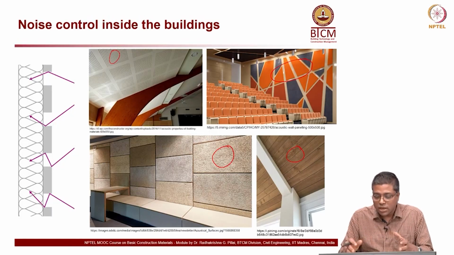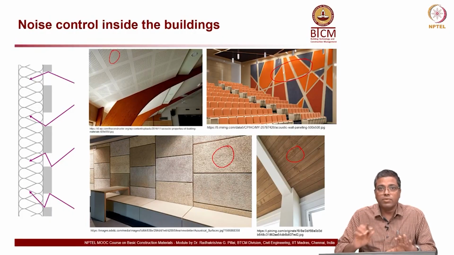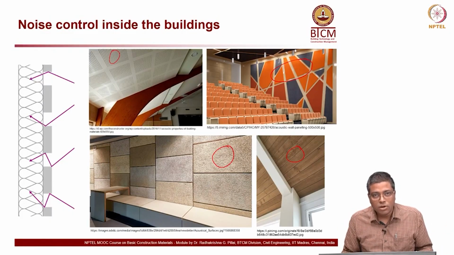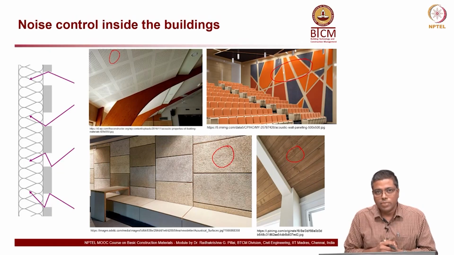Okay. Let us say you are in an auditorium and you replace this cloth material with steel plates or some metal plates, you will not be able to hear the program very clearly, because there will be a lot of echo. So, these are very important aspects of design, and materials have to be chosen appropriately.